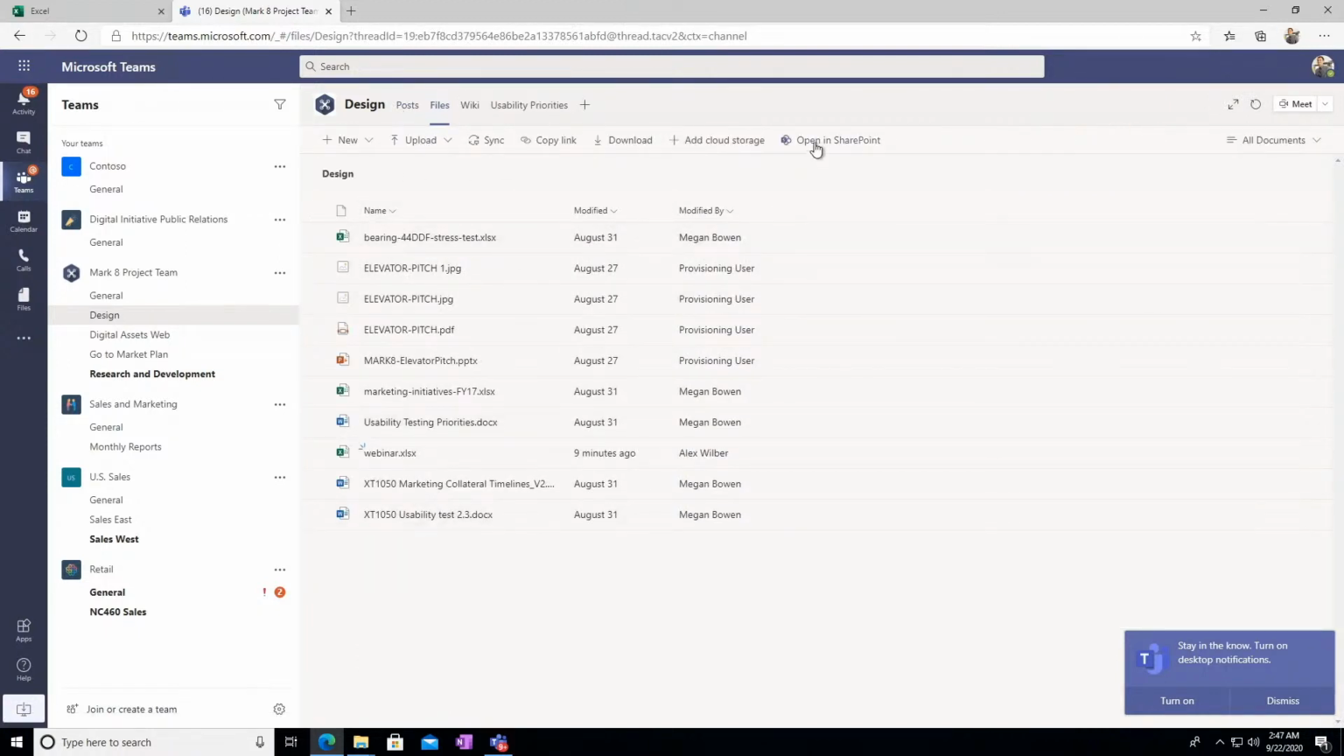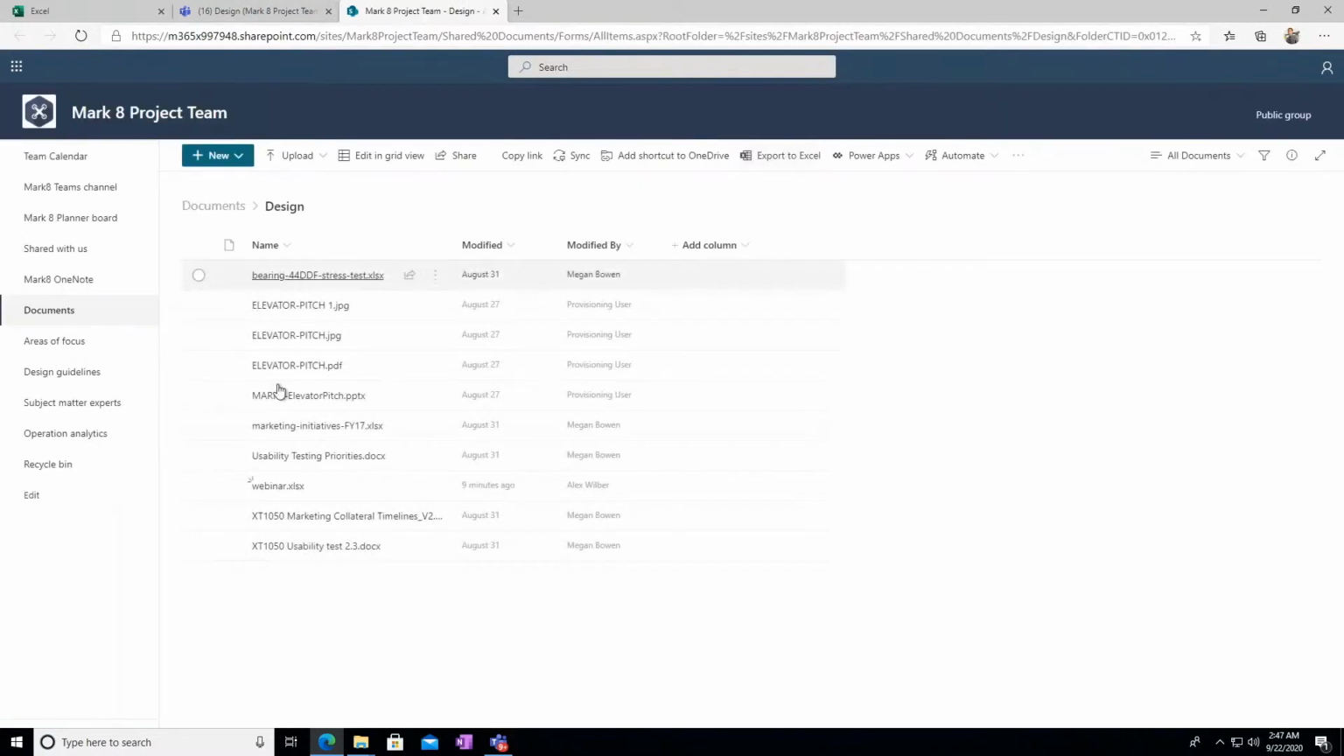I can also open this up in SharePoint. I could also click on the sync button, which is very similar to what we did before within SharePoint to sync a folder back to OneDrive. So as you can see, all these products are very interconnected. So I'm going to open this up in SharePoint, and it's going to surface those exact same files to me